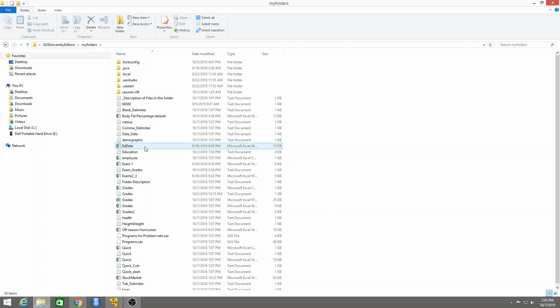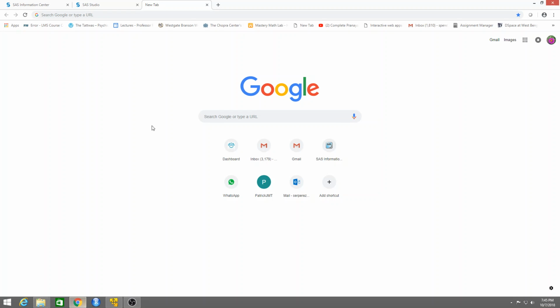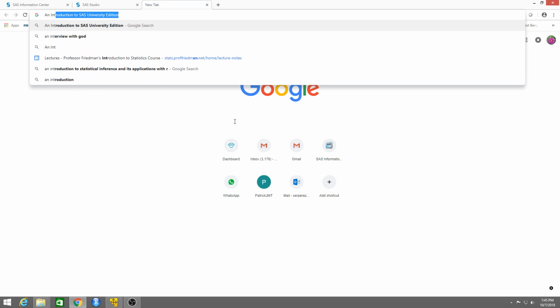I strongly recommend you to do the same thing in your computer so you don't have to create the files yourself or download them every single time. So where can you download these example files from? Well, you can go to the website of the book. If you type in Google an introduction to SAS University Edition, by Ron Cody,